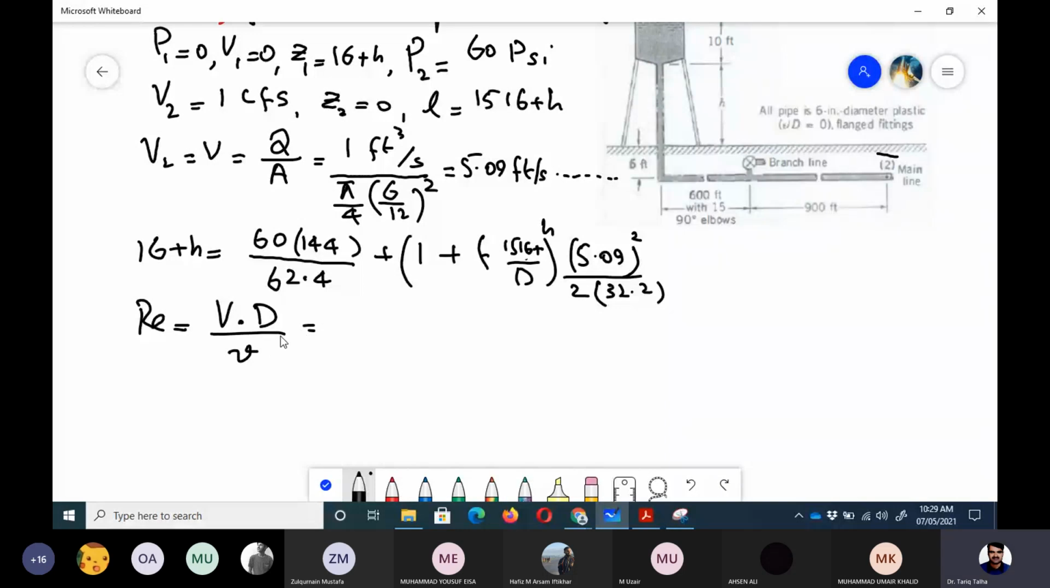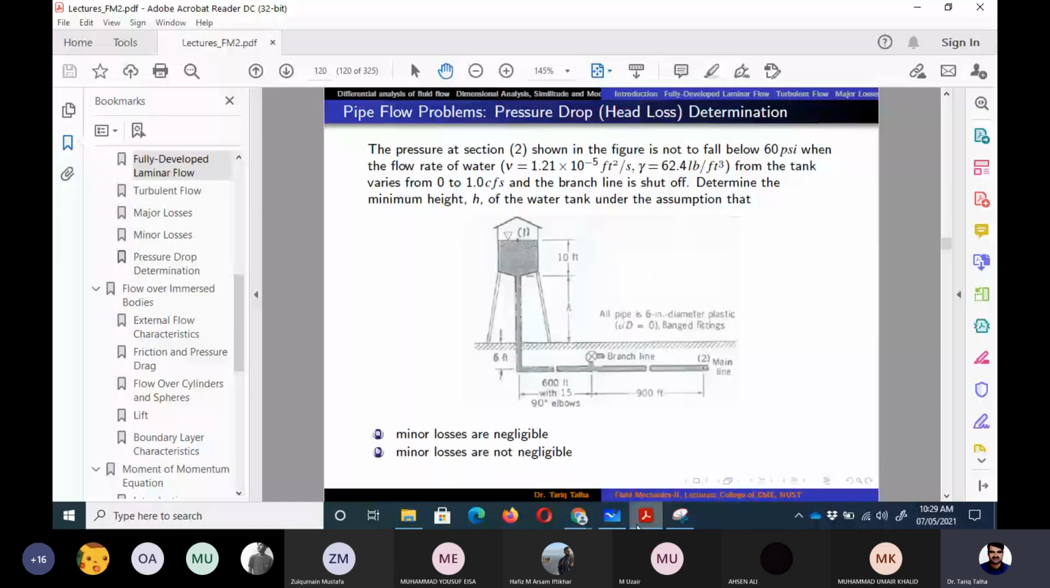So the kinematic viscosity value is given in the statement, that is 1.2 × 10^-6, and the velocity is 5.09, diameter 6 by 12. If we put in the values, we can see that the Reynolds number is equal to 2.10 × 10^5, and epsilon upon d is equal to 0. So now we would use either the Moody chart or